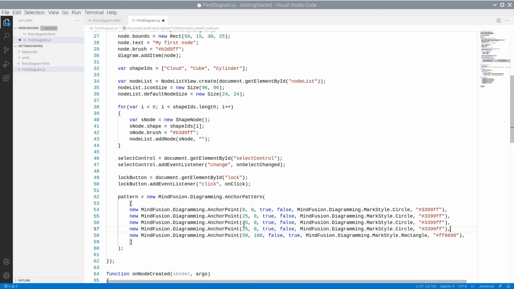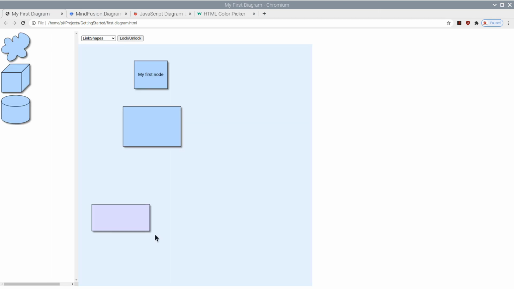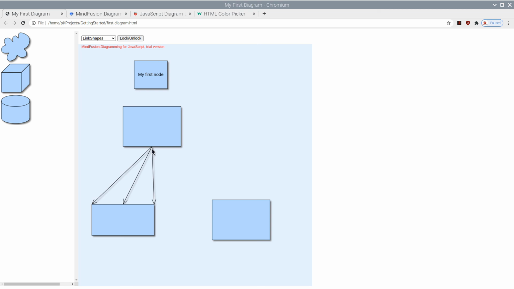Let's add a few more incoming points, evenly distributed along the top side of the shape. Here they are. Now, if we are working on an online application that enables users to build dynamically a hierarchy, they can do this in a nice and neat manner.